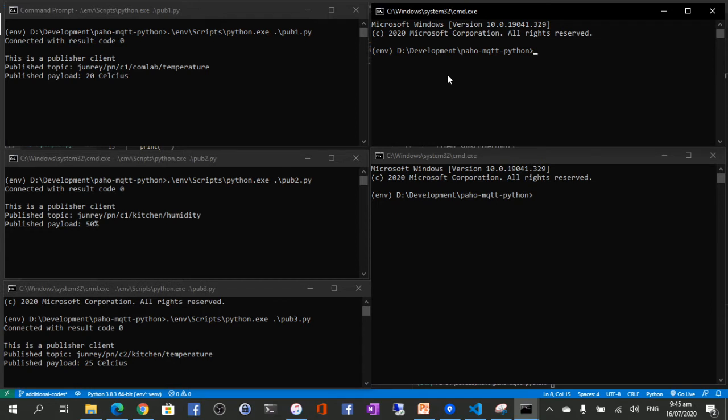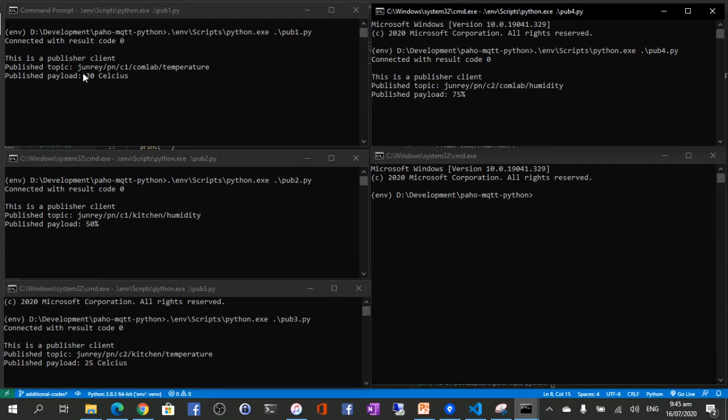And then here, the last publisher will be scripts Python, and then we'll specify the pub4. Okay, so now again, as you can see clearly the different topics that they were publishing.